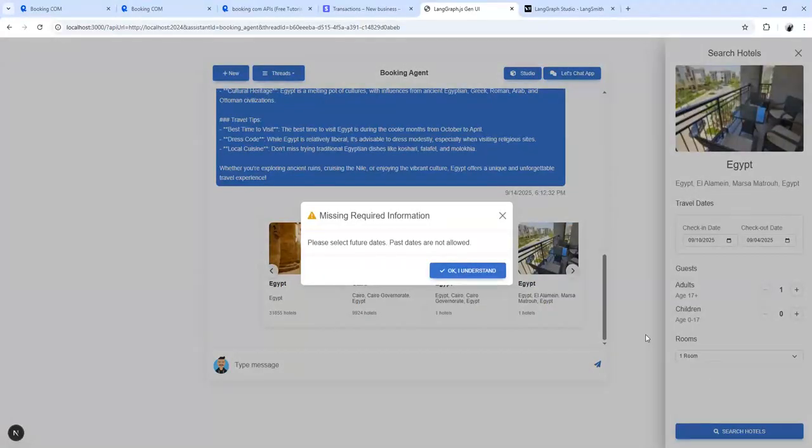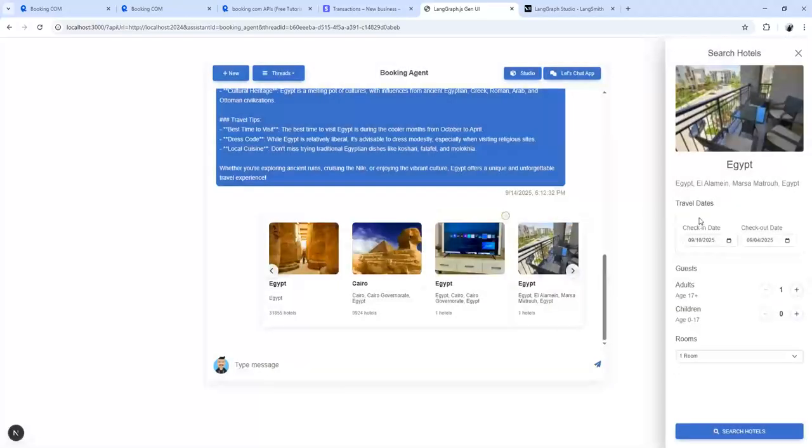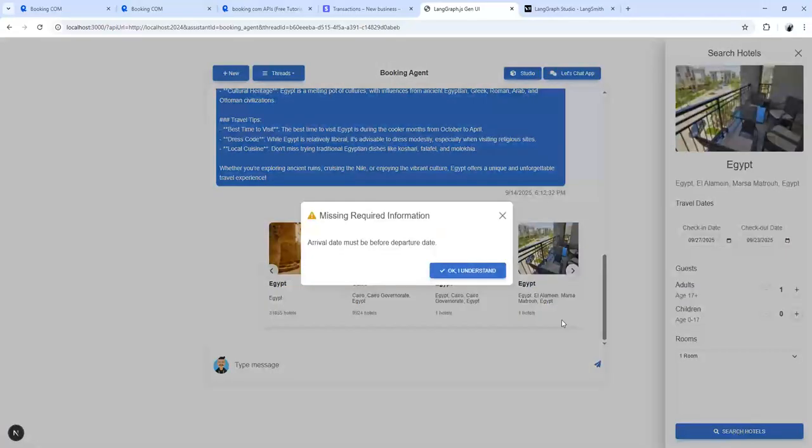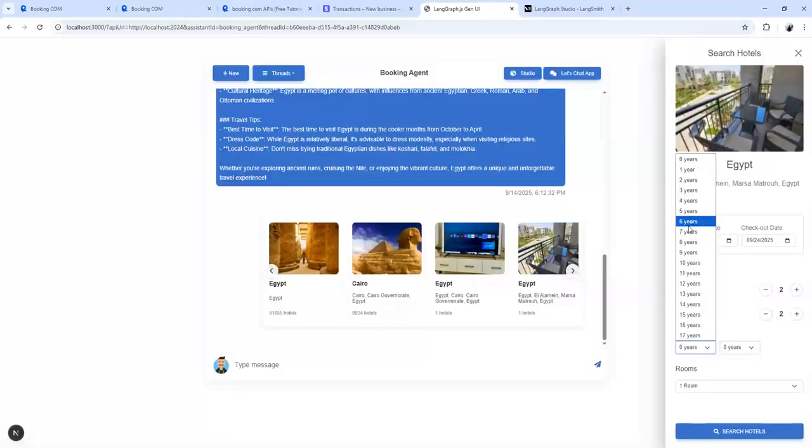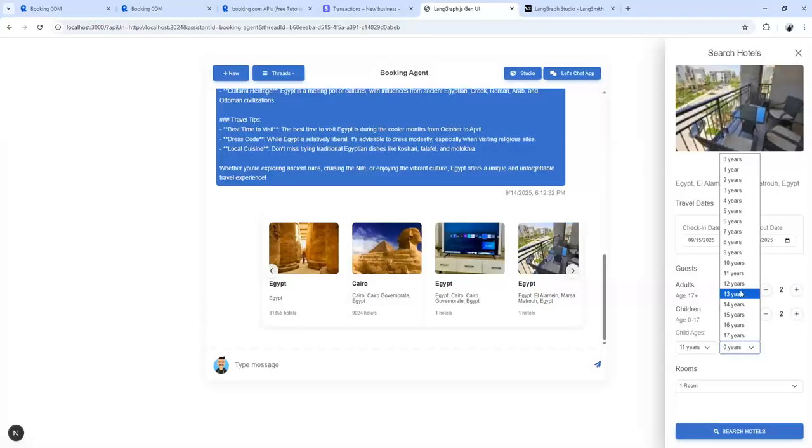And the dialog indicates that past dates are not allowed in this case. And the warning says arrival date must be before departure date. Let's select check-in date of September 15th and the checkout date of September 24th with 2 adults, 2 children,